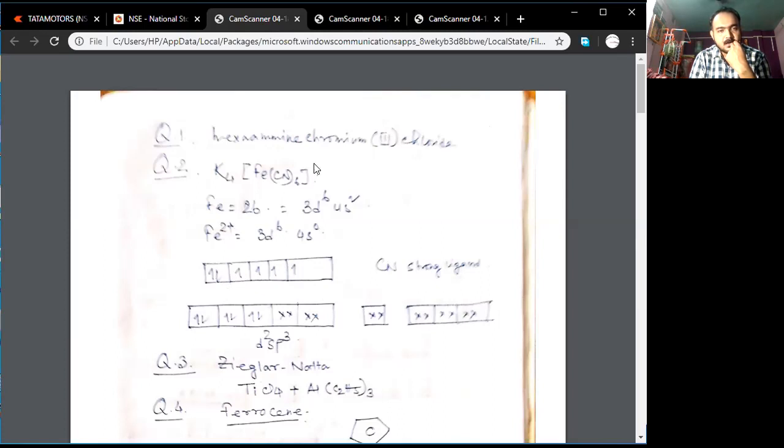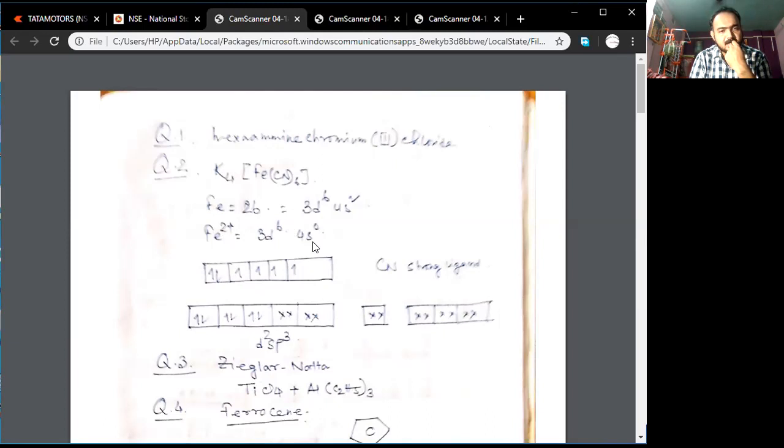So you can give the electrons in the d orbital, that will be like that. Now cyanide is a very strong ligand, so it will do the forceful pairing. Exactly this example was given in my lecture. So forceful pairing is done. Now there are 6 ligands. Cyanide is an ambidentate ligand, which actually acts as a monodentate ligand. Each cyanide will give 2 electrons, so 6 cyanide will give 12 electrons. So we can fill the electrons like this.